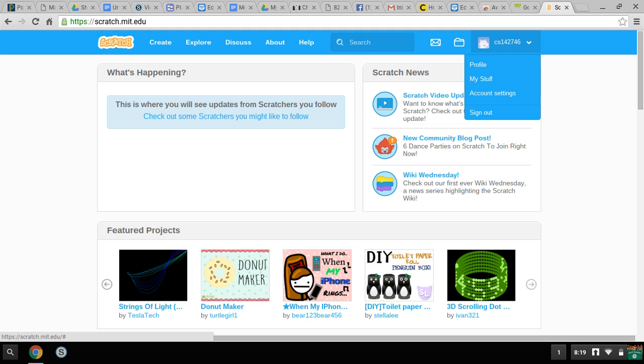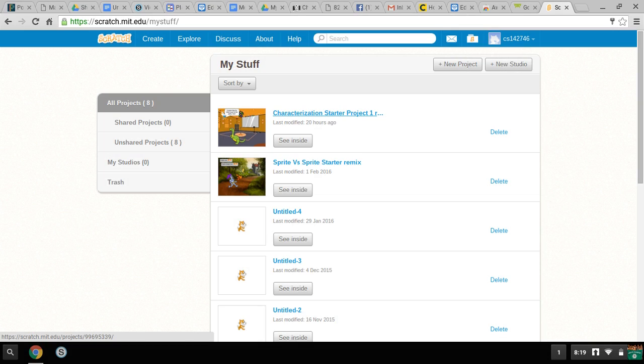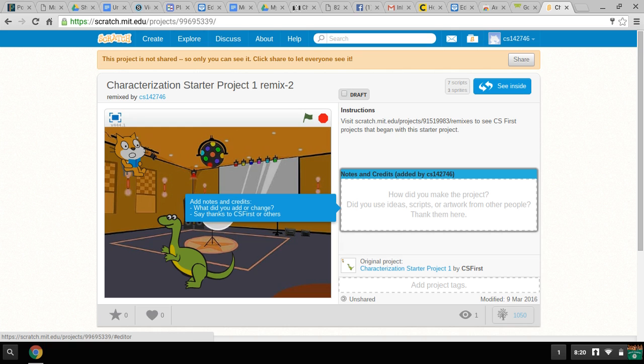If you have to go back to Scratch, you can sign in this way. Just follow the steps at the top of the screen. Make sure that you save your work and sign in each time so that you don't have to go back and do it again. If at any time you'd like to vary from your original script, just make sure that you make notations in your